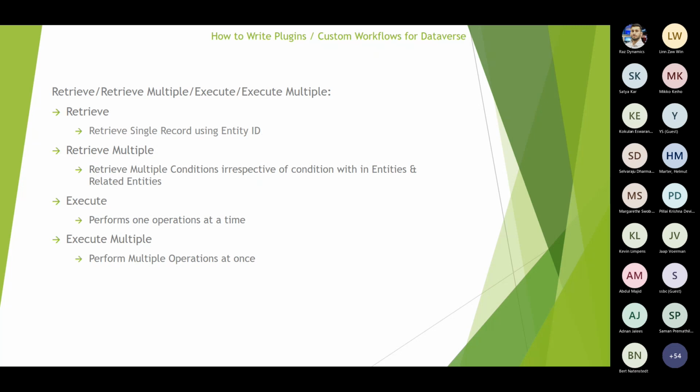To avoid that, we can directly use ExecuteMultiple here. We just store the requests in a variable and pass that to ExecuteMultiple. In a single shot, it will take all the opportunities and automatically assign the respective values based on our requirement. So for that we are using ExecuteMultiple here. These are the main things which we are using, like RetrieveMultiple, Execute, and ExecuteMultiple in our